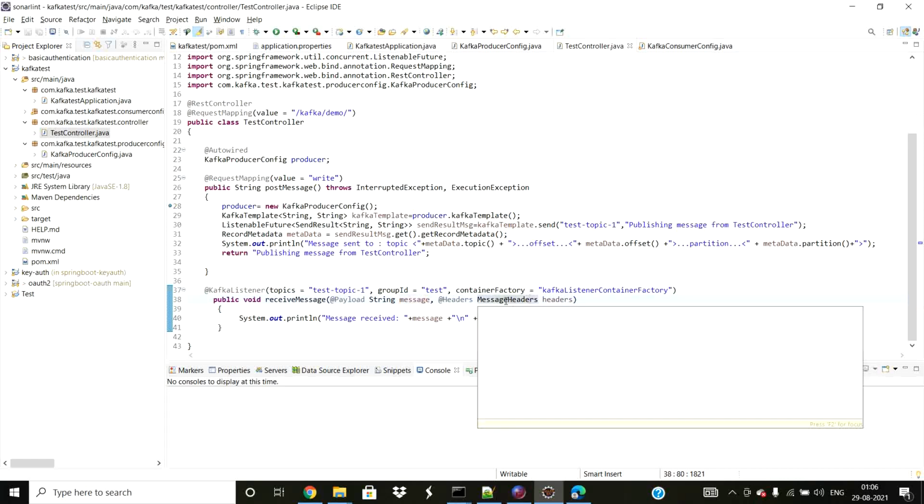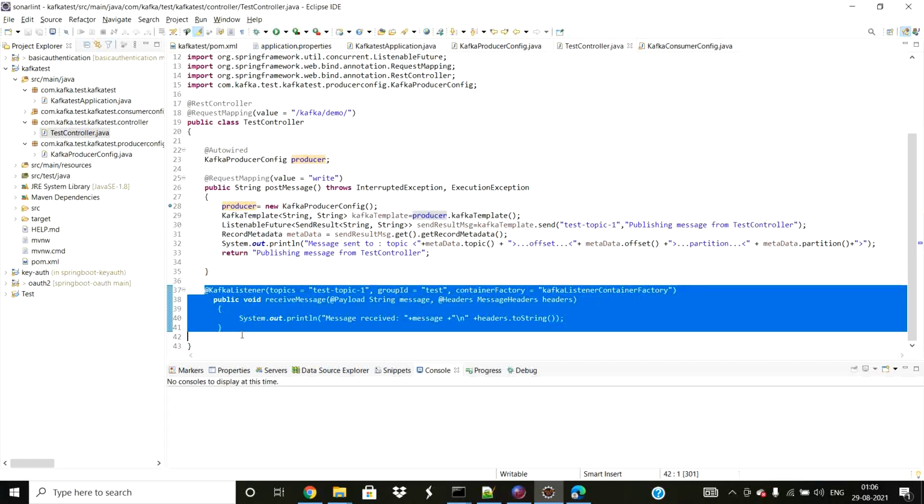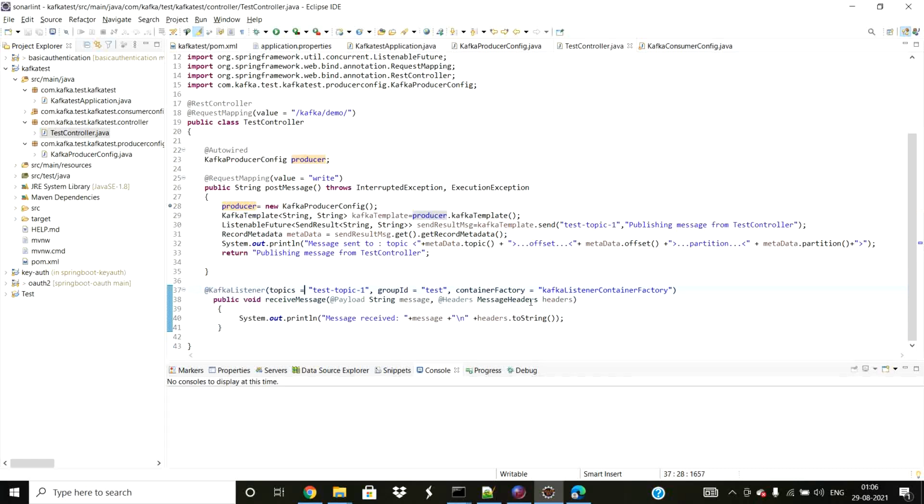As of now I'm having both the publisher and subscriber in the same class. If you have only a subscriber, a consumer class consuming any topic, and you want to know the header detail, the metadata detail, you can use this header tag, and MessageHeaders is the class which will hold all the header details. As soon as I print this, I will have the topic detail, offset detail, everything. So that is all.